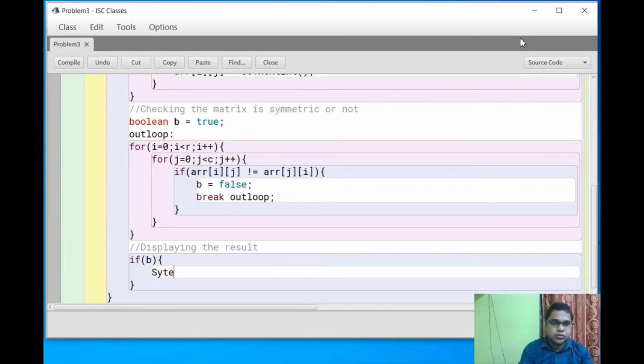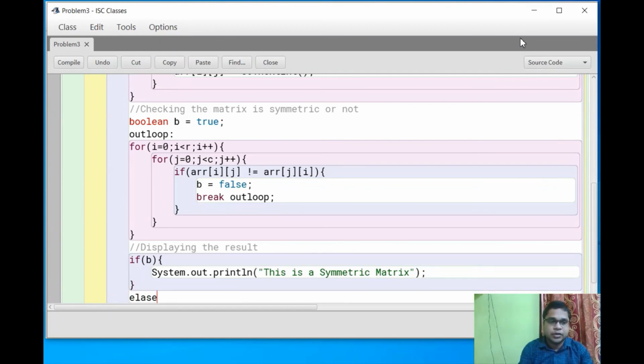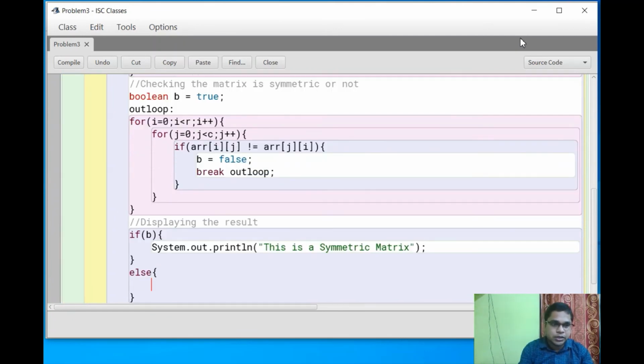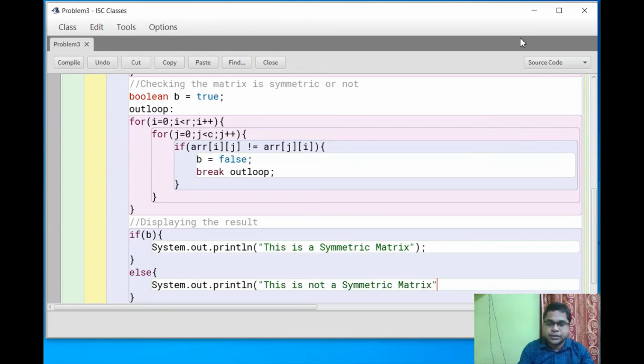So System.out.println: this is a symmetric matrix. If it is false, then System.out.println: this is not a symmetric matrix.